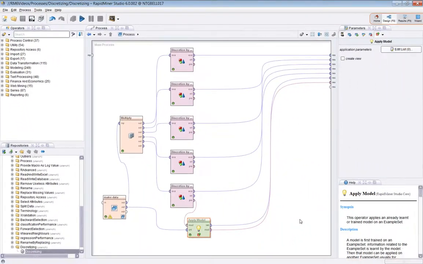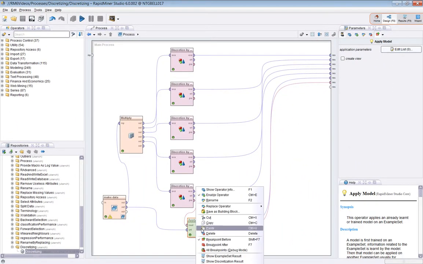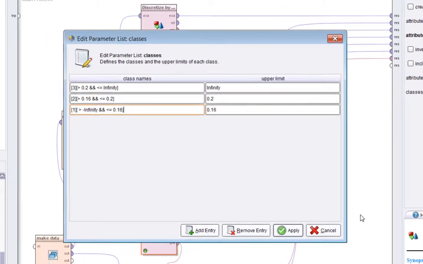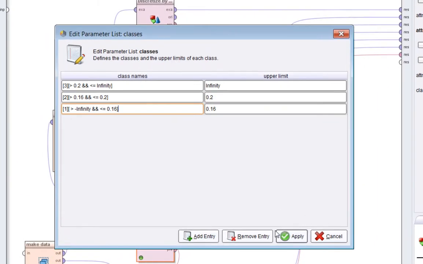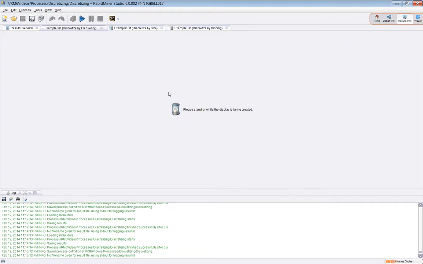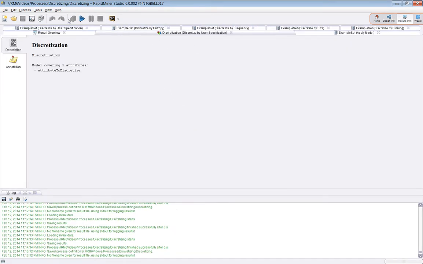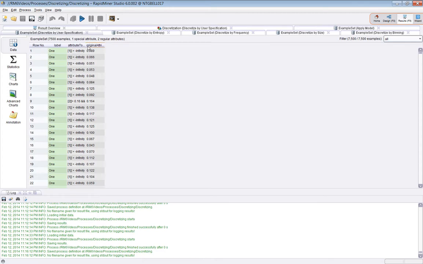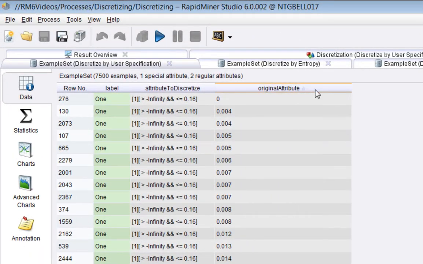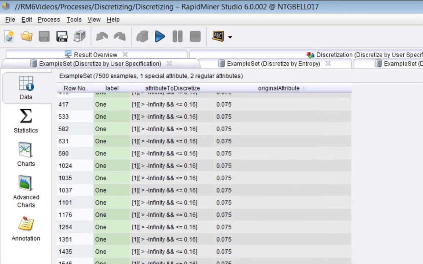Okay. Last thing I'll do then is, I think the one that people find the most complicated is this discretized by user specification, so I'll just bring that up. Leave that for a moment, and then I'll run this. Scroll down and you can